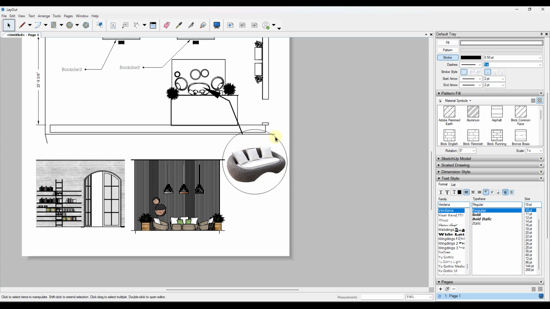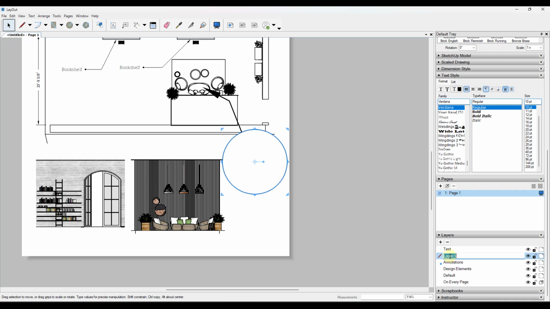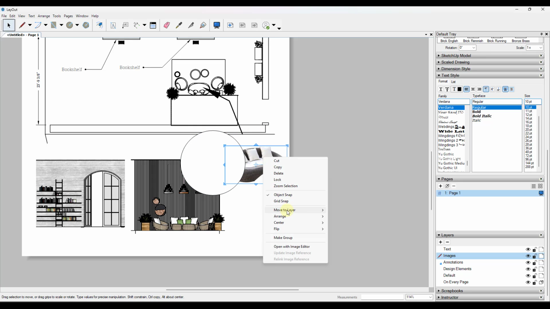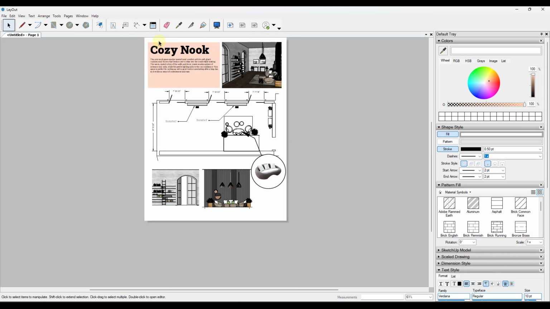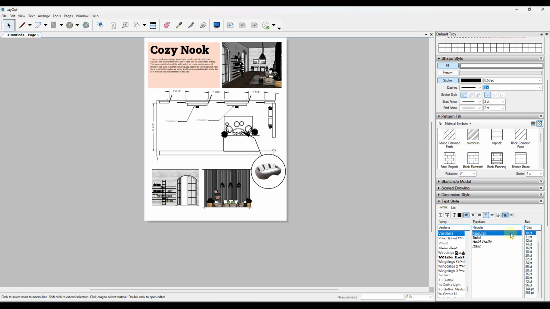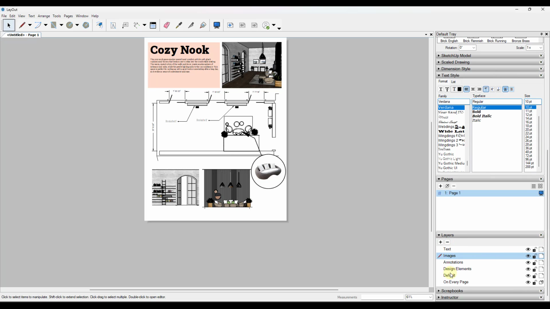There we go. Actually, we might want to toggle the fill on and then just put the images on top of that. So what I'm going to do is take this image, move it to the images layer, and then it can be on top of this shape. And then the last thing we might do is put some kind of a pattern behind this in order to make it a little bit more interesting. And so if we decided to do that, we might create another layer, and we're going to put that way down below all our design elements. So we're just going to call this